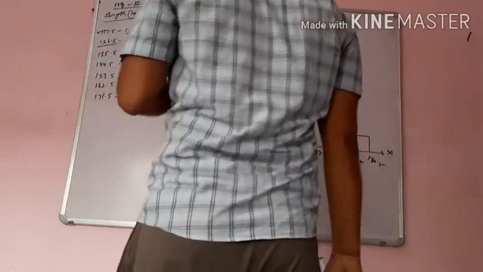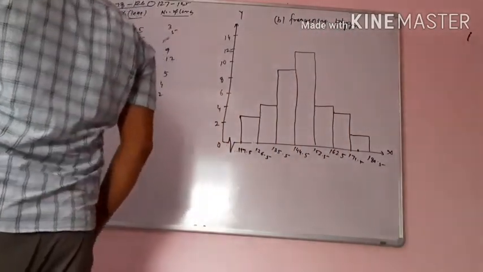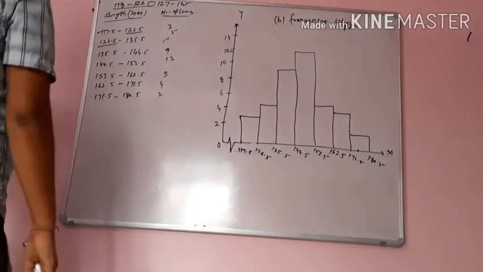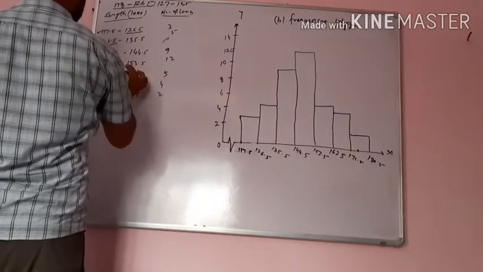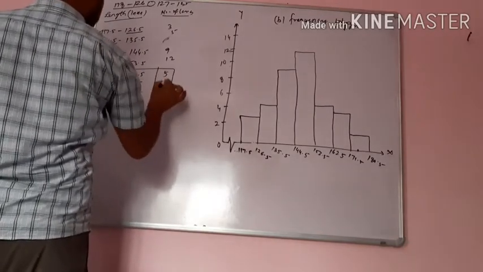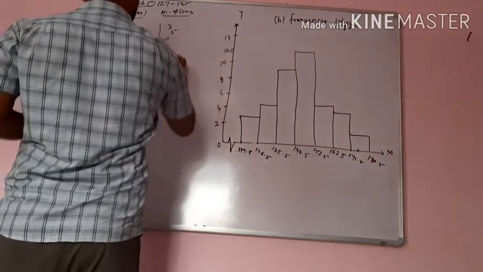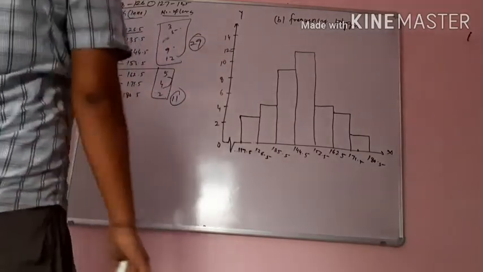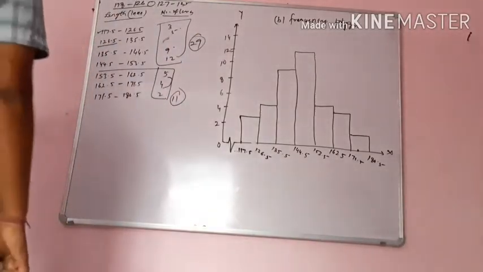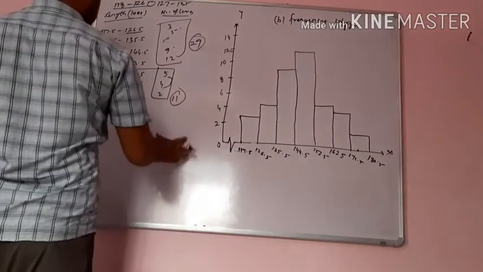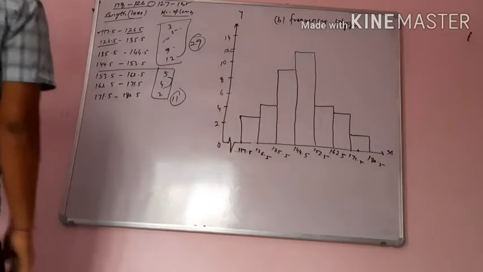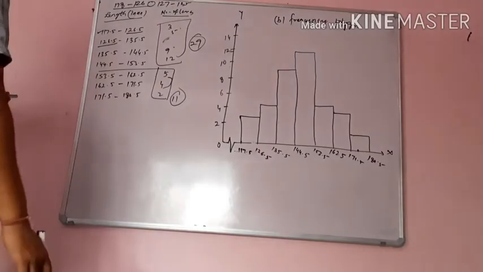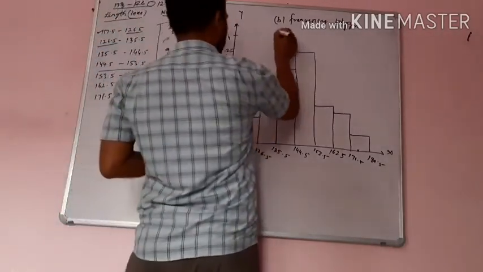Now, is it correct to conclude that the maximum number of leaves are 153 millimeter long? See, more than 153, this value will come 9, 11, and this is how much? 8, 17, 29. So no. What conclusion? More than 153, only 11 leaves. Less than 153, 29 leaves. Whose majority is more? Less than 153. So we will conclude that no, the majority is no.